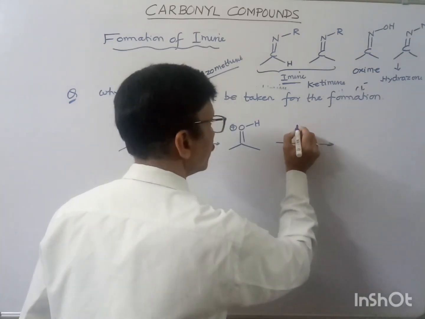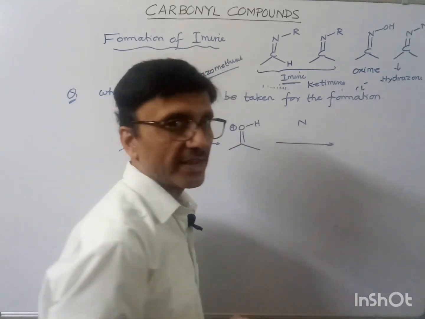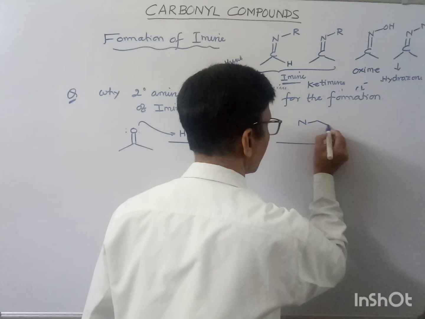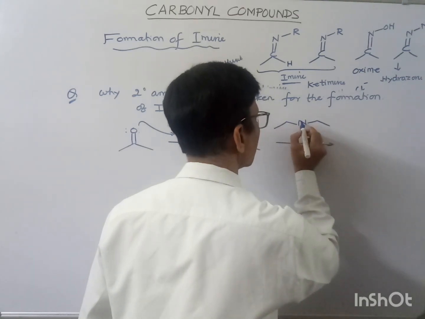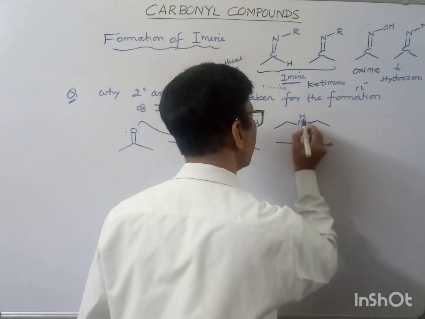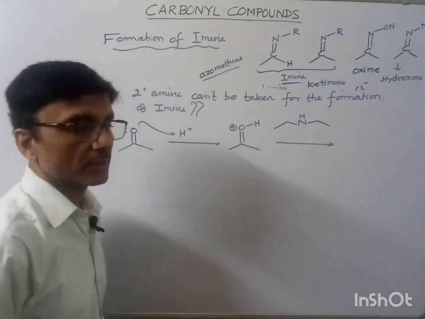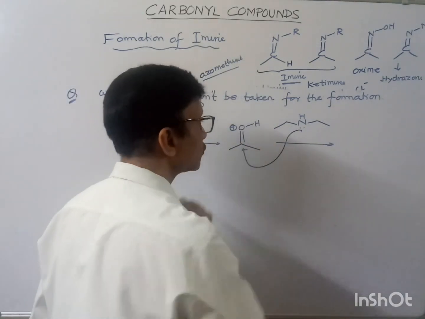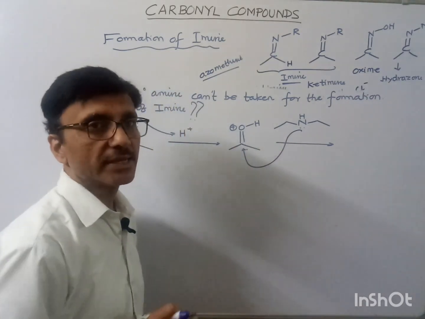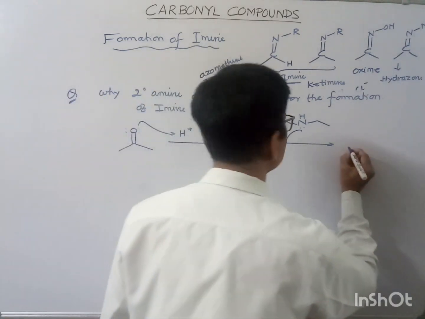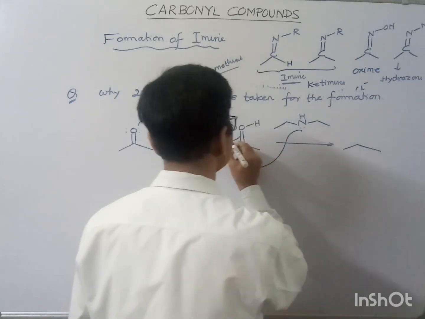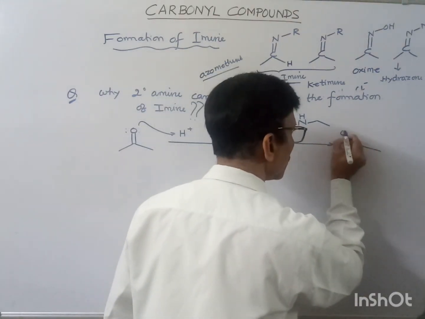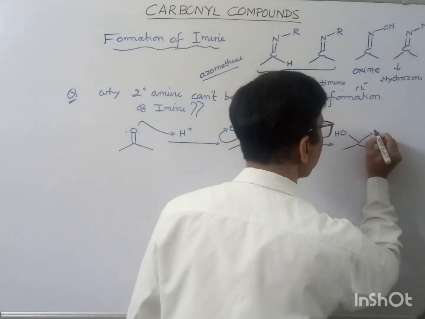Now in place of a primary amine, let us take a secondary amine. So this is our secondary amine, and it will act as a nucleophile. It will attack this electrophilic center, the pi bond breaks, the positive charge gets neutralized, OH comes over here, and we have